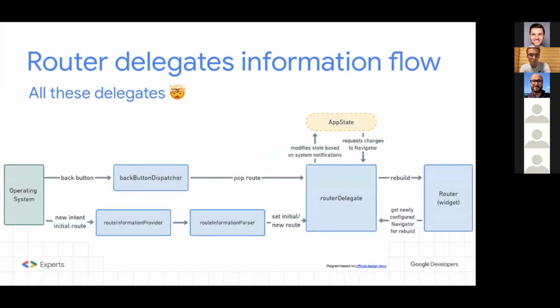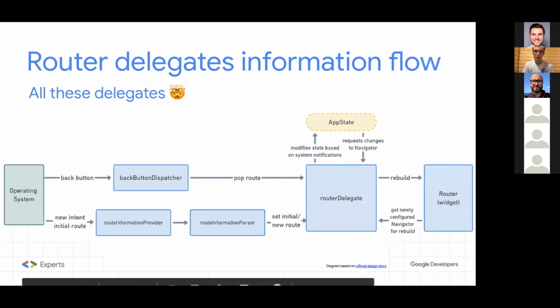So the information flow of the router is pretty complex. There are many delegates, and if you haven't used delegates before, delegates are just classes that have some kind of responsibilities and respond to some notifications or some changes. It's just a fancy name for some kind of manager or whatever. We'll usually call them some delegate. They have different names. So let's have a look at this diagram.